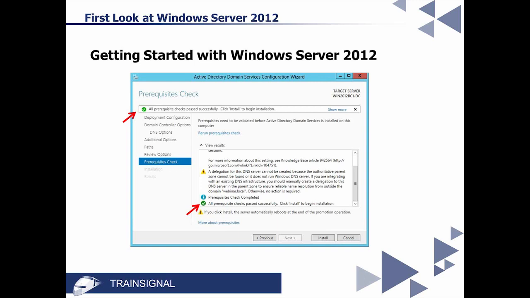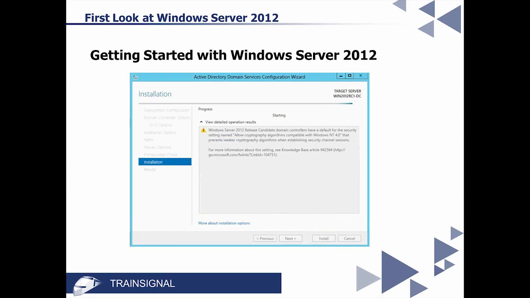They are just that. They are warnings. It doesn't mean you can't install. It just means that there are potential problems. The fact of the matter is, as long as you have that green checkbox that says all prerequisites are met, you can click Install. So if we click Install, it's going to go through, and during the installation, guess what? You're going to most likely see those same warning boxes all over again.